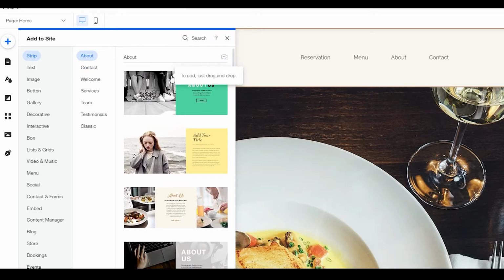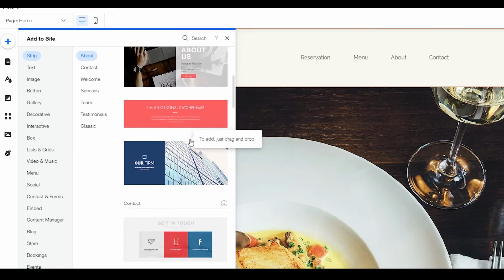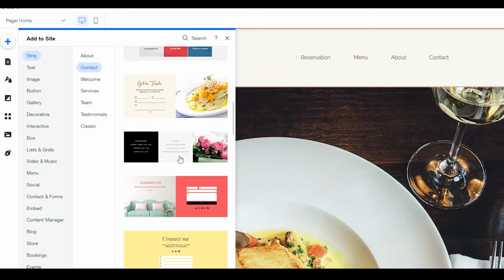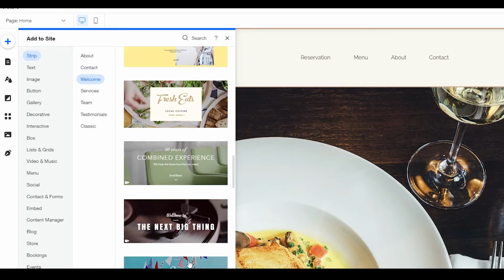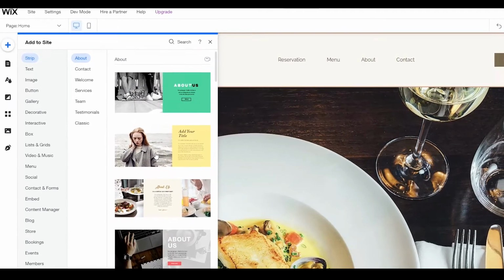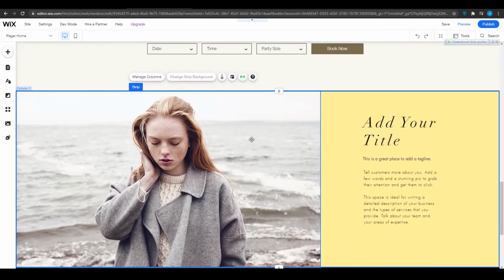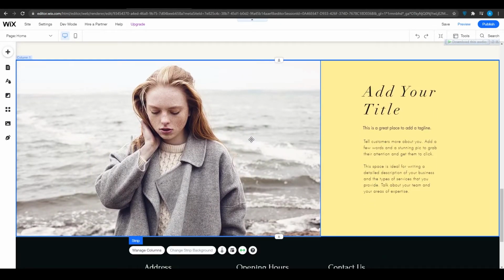We can add an about us page, we can add our own tiles, we can add some menus, we can add our forms, we can add all these types of options. So let's just say that you want to add a menu, so choose whichever one you want. Let's just choose this one because I think for a menu this will look really nice. So let's just choose this template right here, and let's just change the background so that it matches our theme